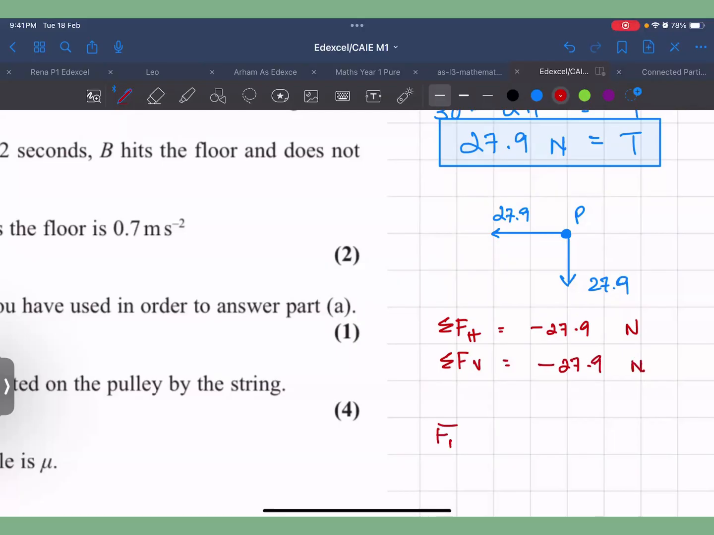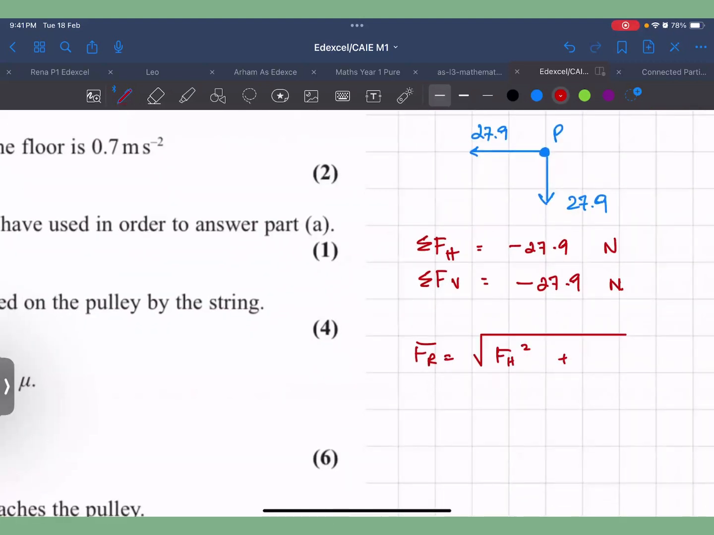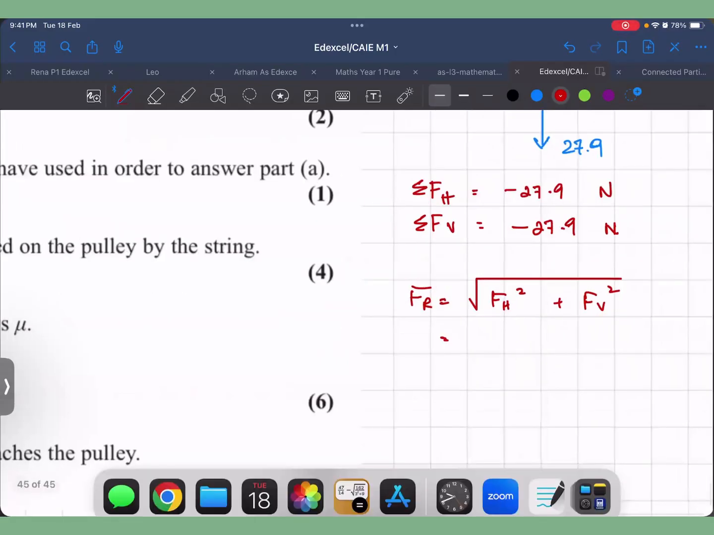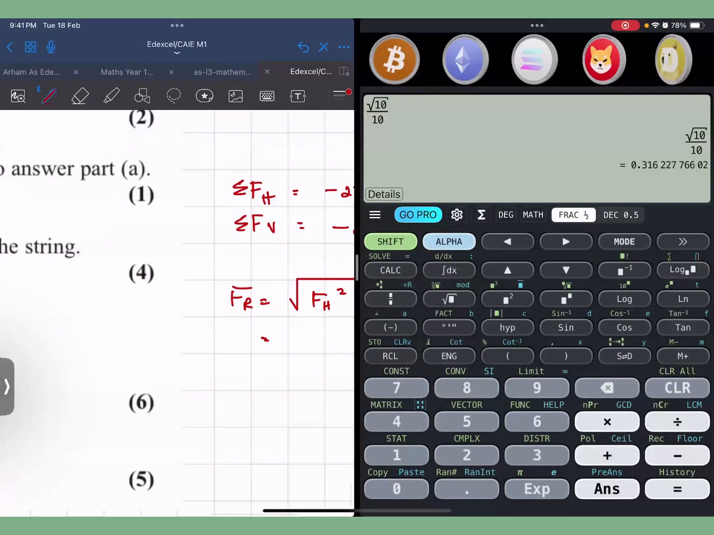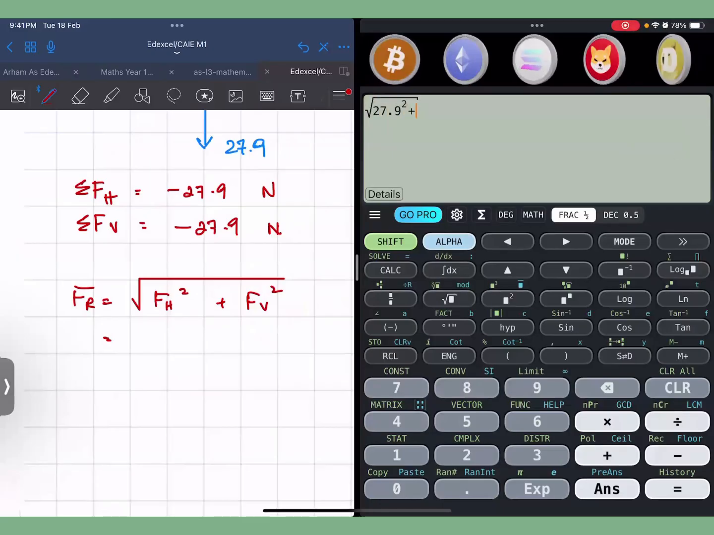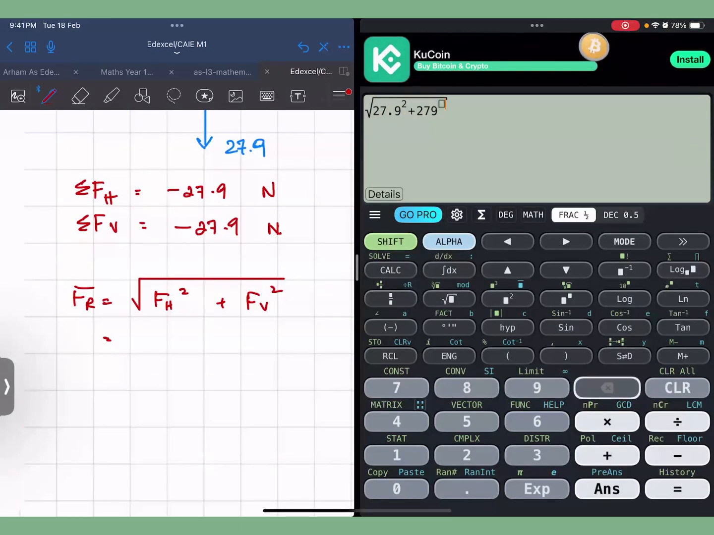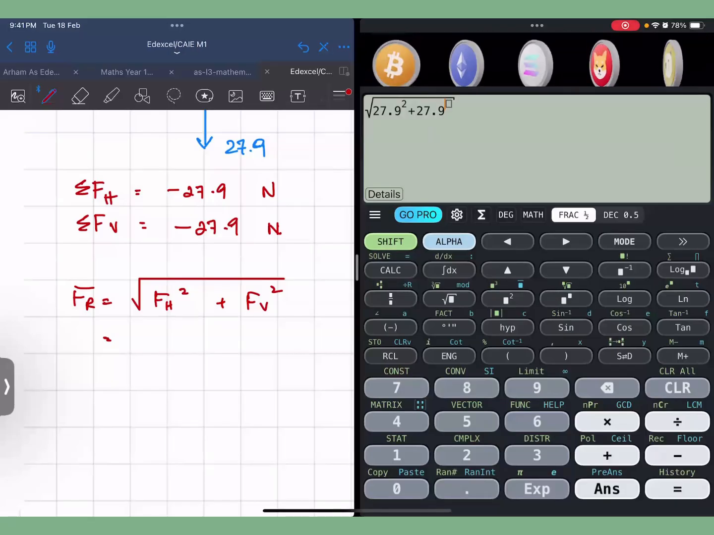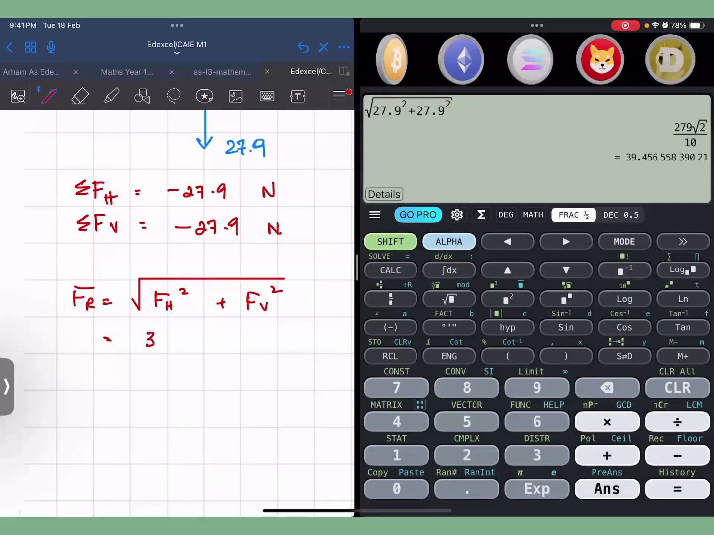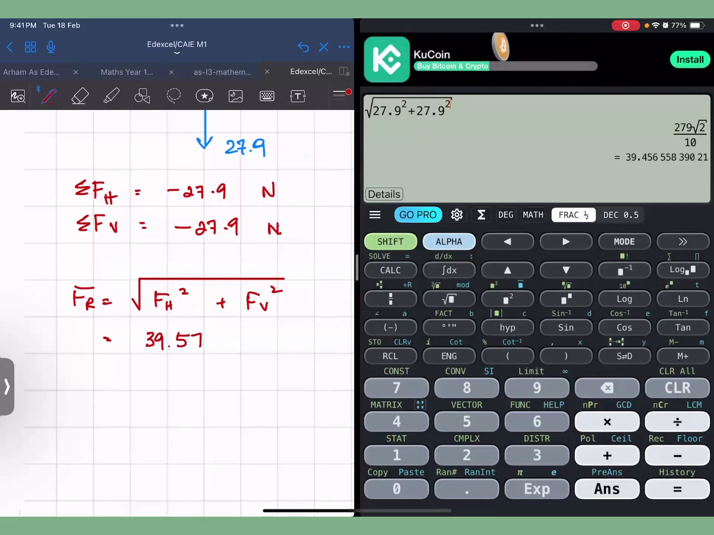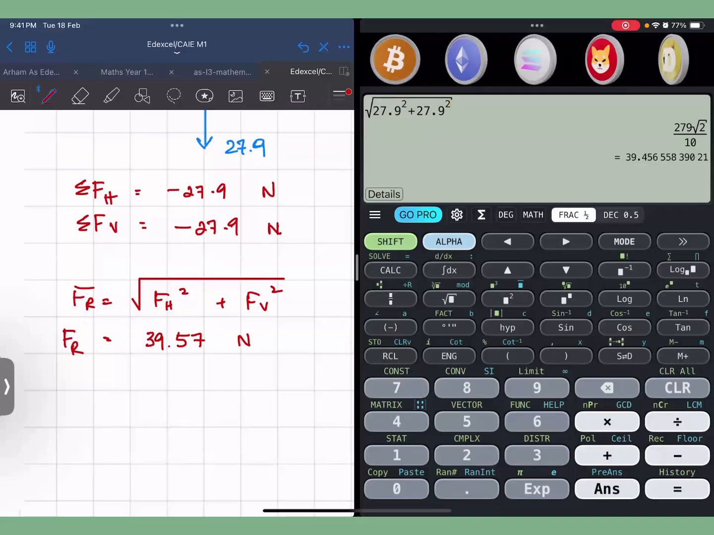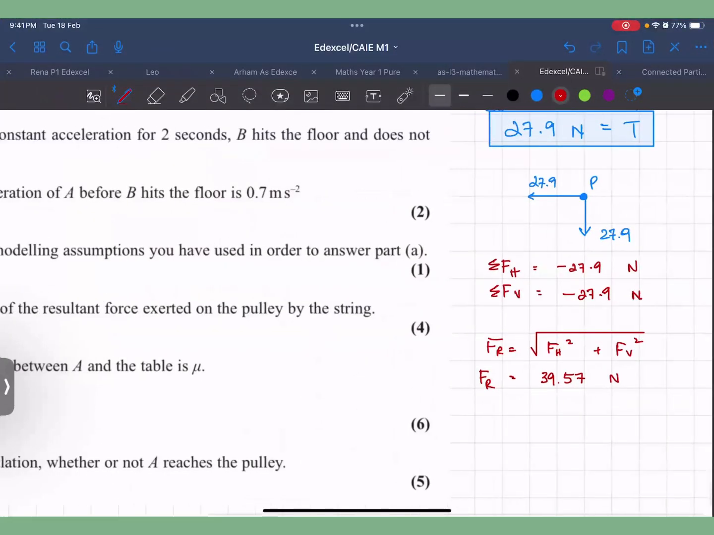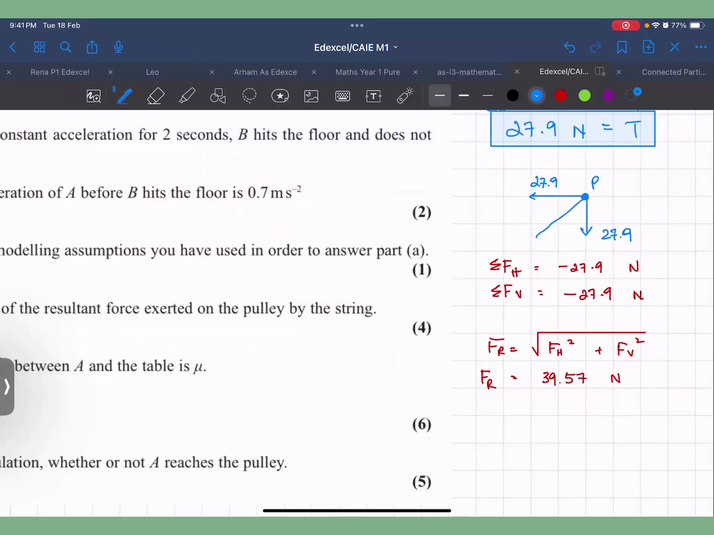So the total resultant force would be the square root of Fh squared plus Fv squared, which would be 27.9 squared plus 27.9 squared. This is 39.57 Newton. This is the resultant force that is acting. And the angle at which this would be acting would be 45 degrees, exactly like this. They're not asking you for the angle right now, but if you find the angle as well,